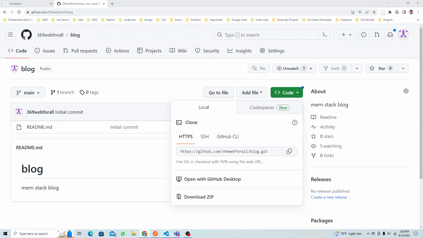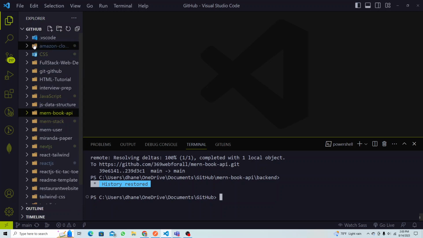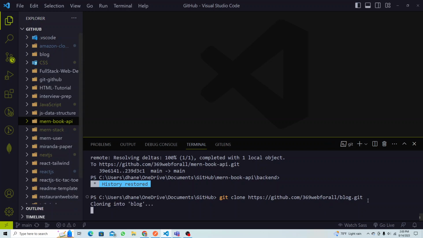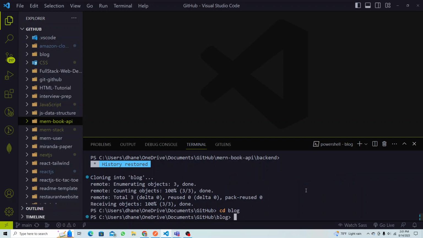repo. So let's go back to our Visual Studio. So I'm in this folder, right, in my GitHub folder. I mean, you can put it anywhere, wherever you guys are adding, right? So the command will be git clone, and space and paste the link. Okay, and enter. So I just cloned it. So I will just switch to the blog now, right? cd to blog. Okay,